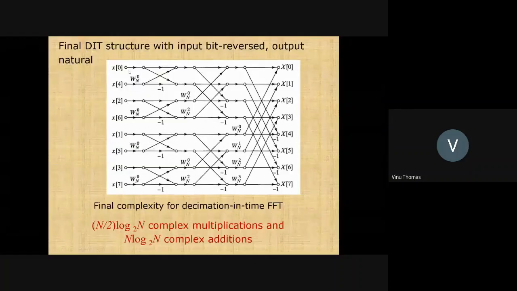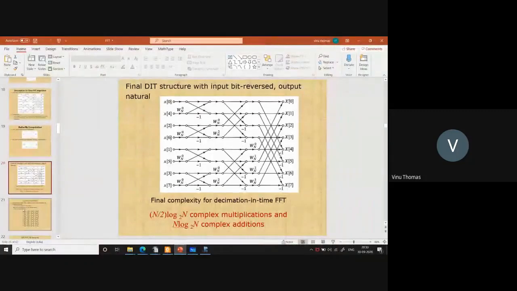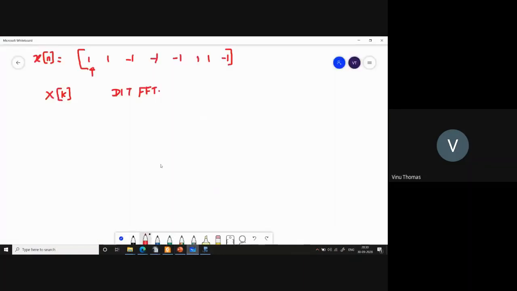So if you have to follow the structure from the input to the output, it will also test your accuracy. You should not make any error when you move from one node to the next. That will require lots of careful calculation. Maybe that is why you people find DSP somewhat tedious.